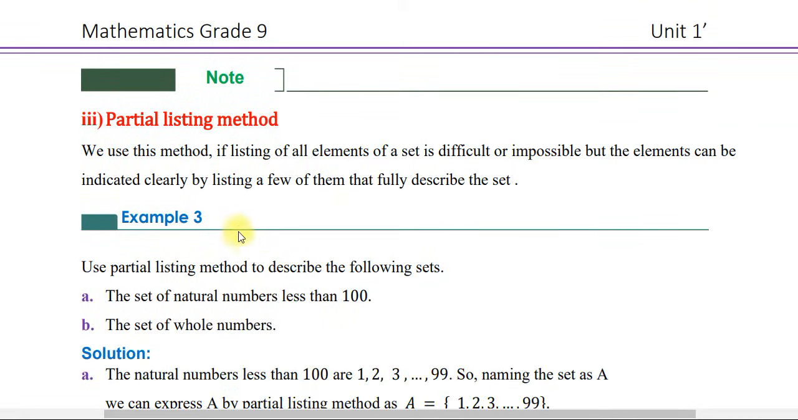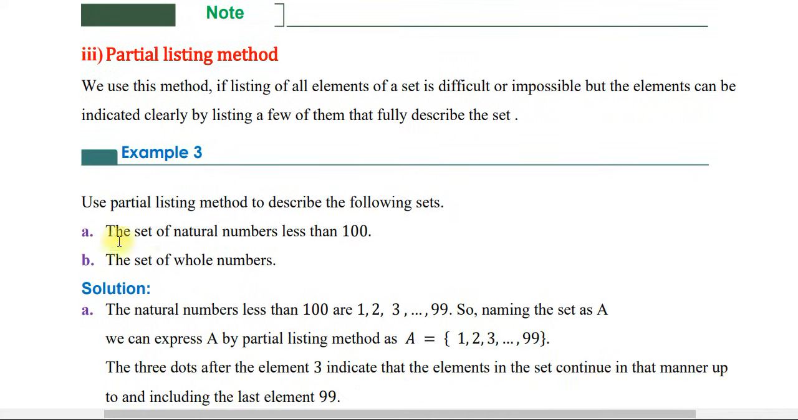the third method is partial listing method we use this method if listing of all elements of the set is difficult or impossible but the elements can be indicated clearly by listing a few of them that fully describe the set partial listing method የምንለው እንግዲህ ግማሽ በግማሽ መዘርዘር ኤሌመንቶችን መዘርዘር ያ ማለት ሁሉንም ኤሌመንት መዘርዘር ከባድ ከሆነ ወይም የማይቻል ከሆነ ፓርሺያሊ ወይም በከፊል መዘርዘር መቻል ማለት ነው የሜተድ